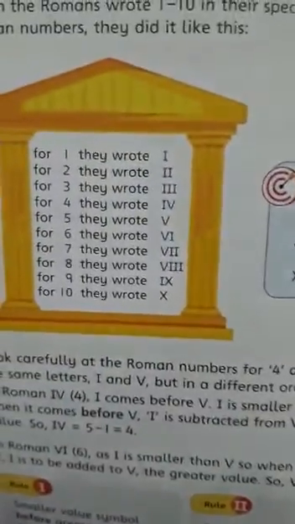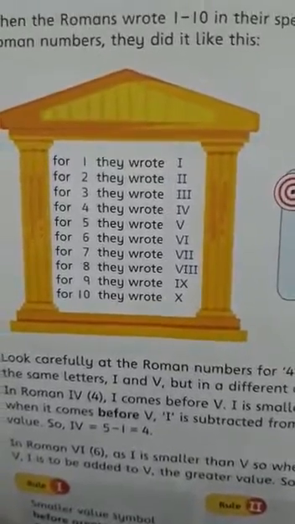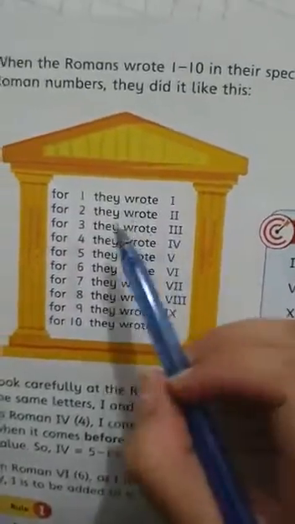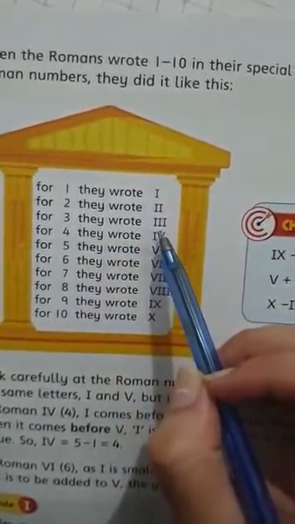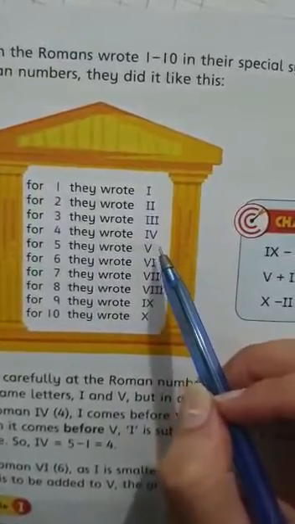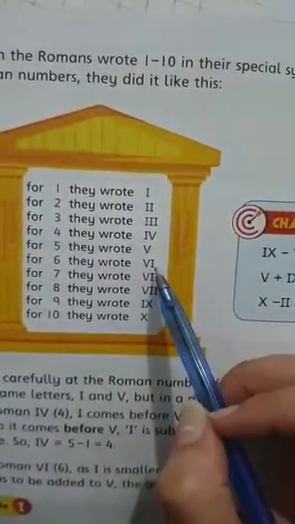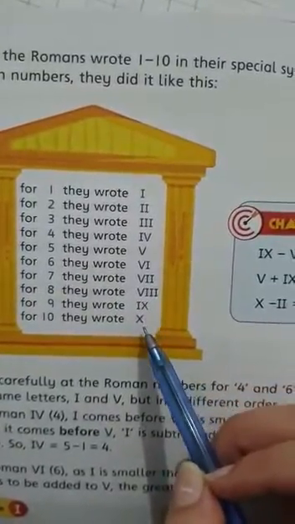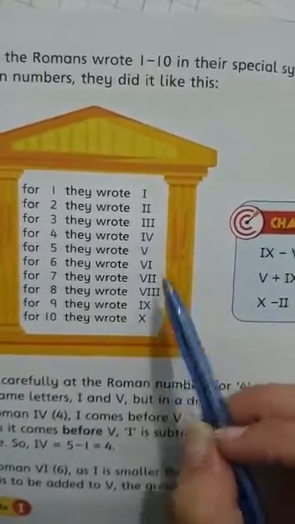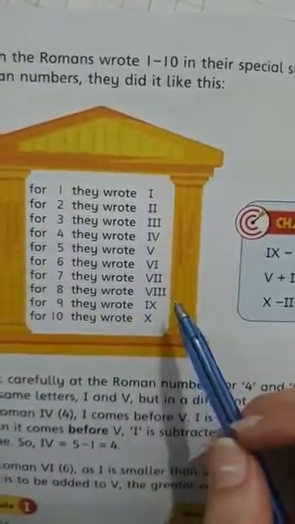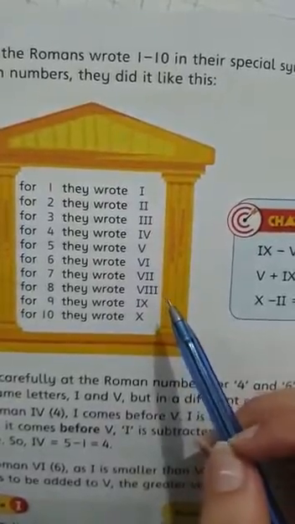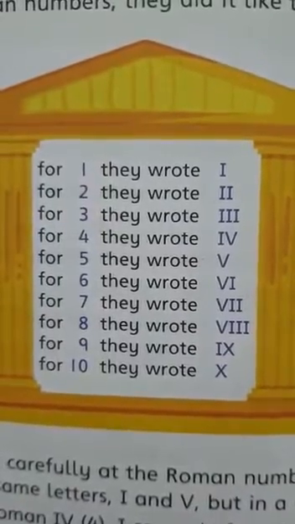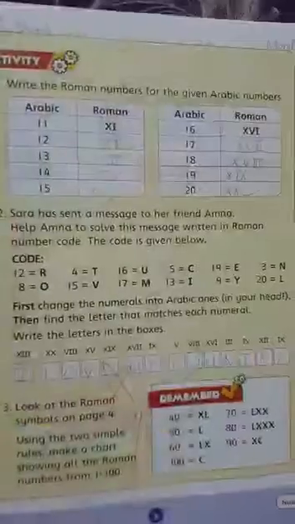On page number 4 you can see a Roman counting, from 1 to 10. 1 is equal to I, 2 is equal to double I, 3 is equal to triple I, 4 is equal to IV, 5 is equal to V, 6 is equal to VI, 7 is equal to V double I, 8 is equal to V triple I, 9 is equal to IX, and 10 is equal to X. These Roman digits will be helpful for writing other Roman counting from 1 to 100 and so on. Learn this Roman counting from 1 to 10 so that you can write the next counting.